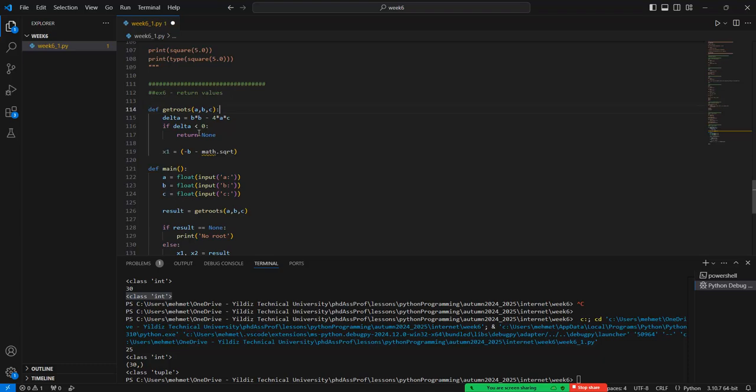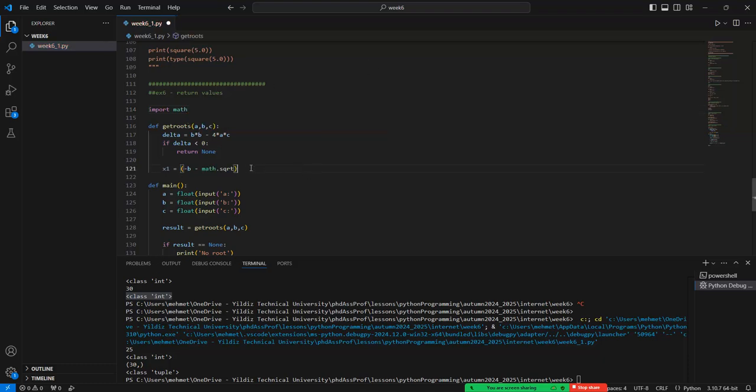Oh, if we want to utilize the math function, we need to import the math library, just like this one. Okay, and so the sqrt of the delta. Okay, and after that we need to divide by 2 times a. Okay, and also x2, but in the mathematical condition we need to give the plus. And so in the return,